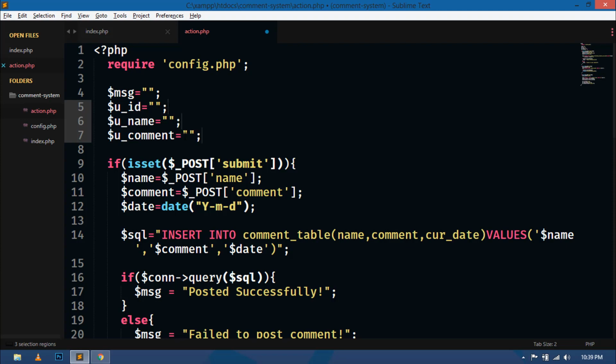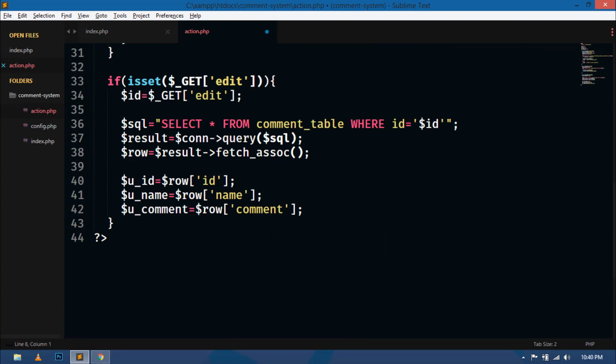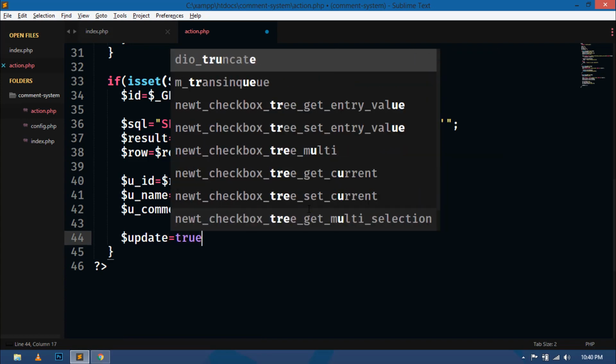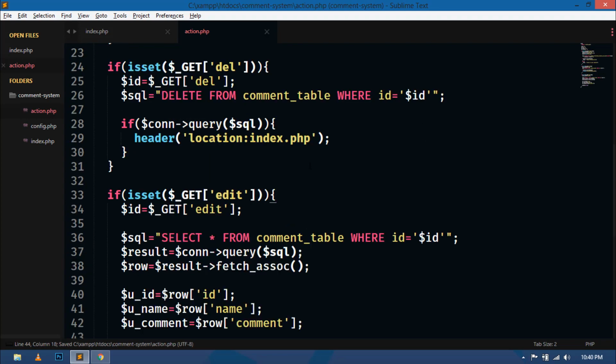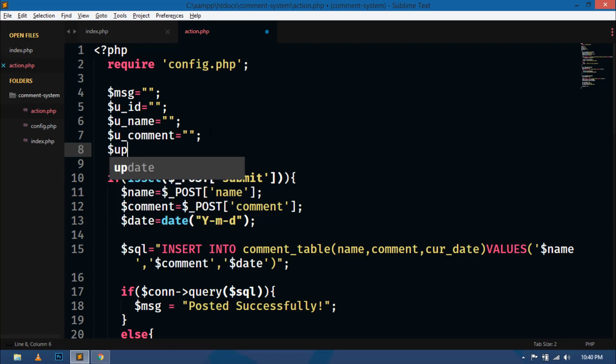So just declare here, and also create one more variable update equal to true. Okay, and here just create update equal to false. Okay, now